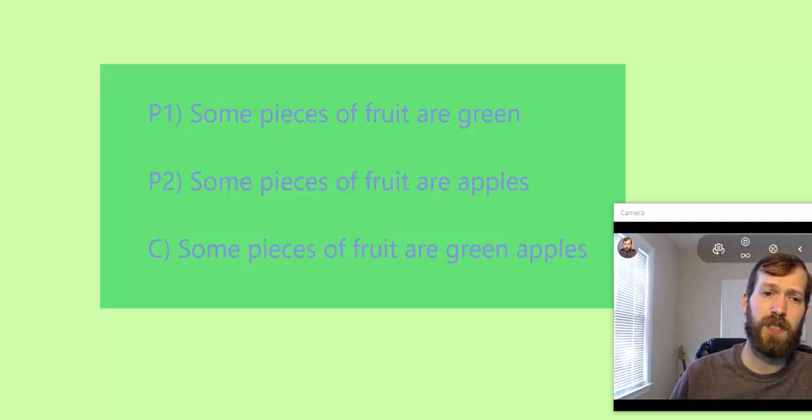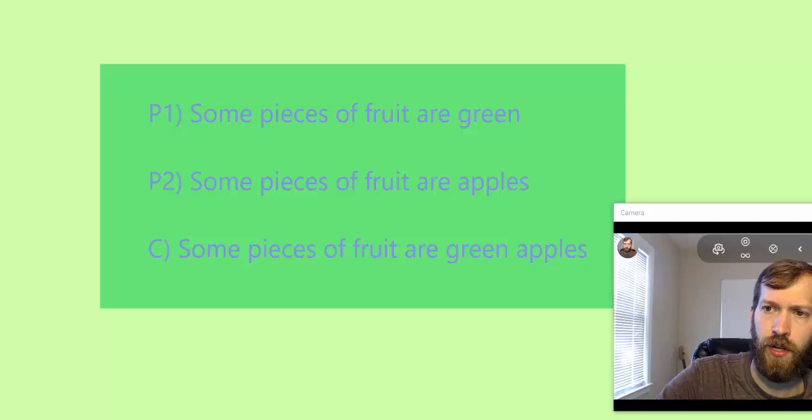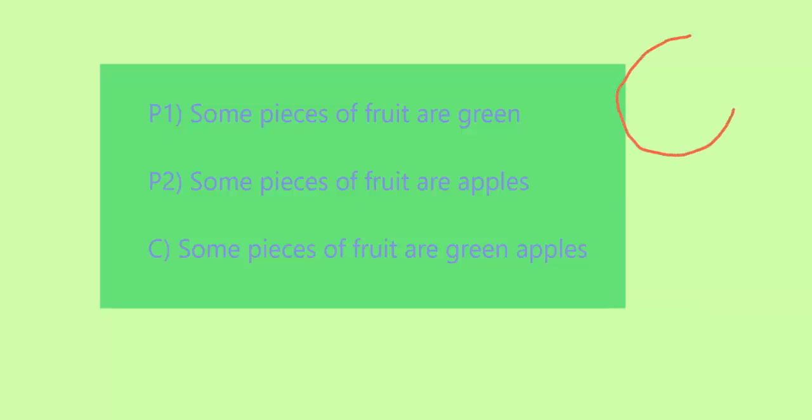So we can see that by drawing ourselves a little bit of a diagram. Suppose all of our pieces of fruit fall in that circle. And what we find out is some of those are going to be green pieces of fruit. And we also find out that some of those are going to be apples. Oh, that is a bad A. That's a slightly better A. Anyhow,